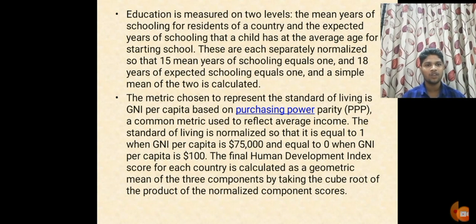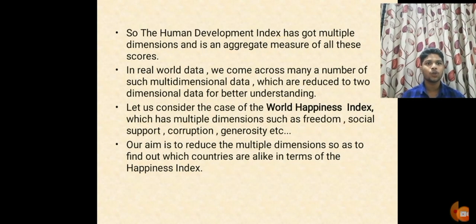It is an index which is the combined aggregate of many factors like education, the standard of living, the national income, and many such things. So the Human Development Index has multiple dimensions and is an aggregate measure of all these scores. In real world data, we come across many such multi-dimensional data which are reduced to two-dimensional data